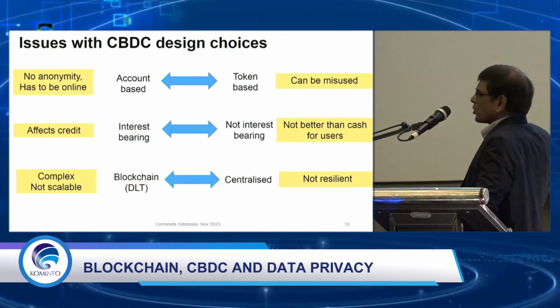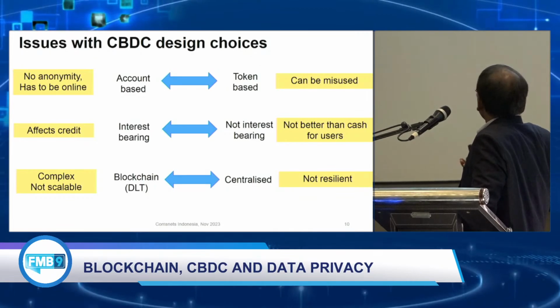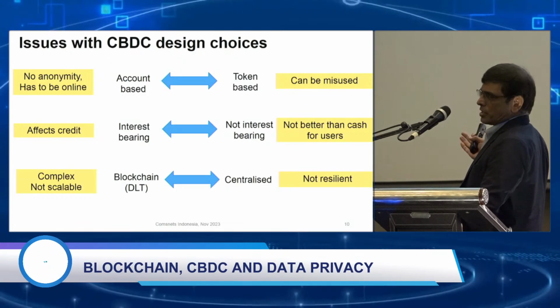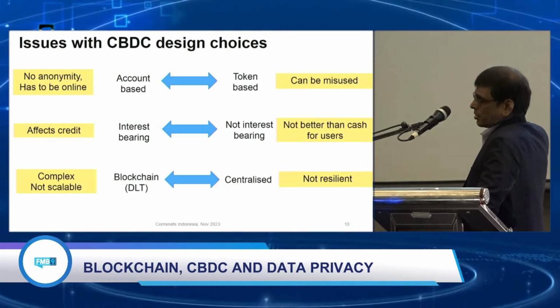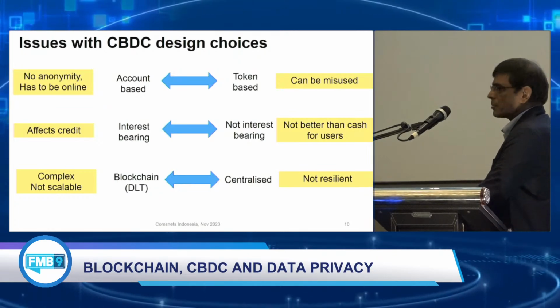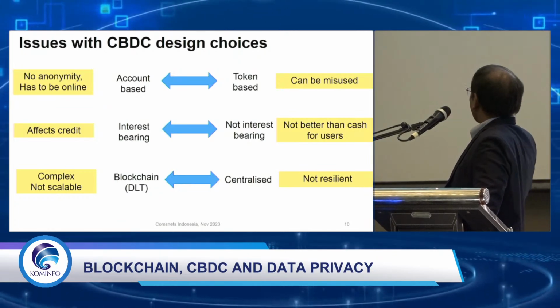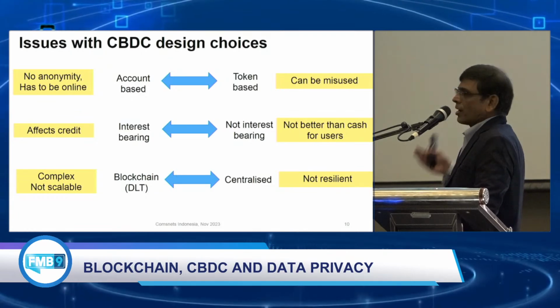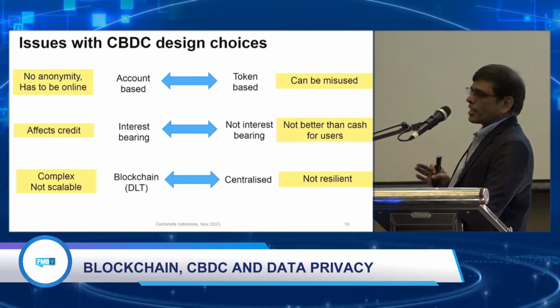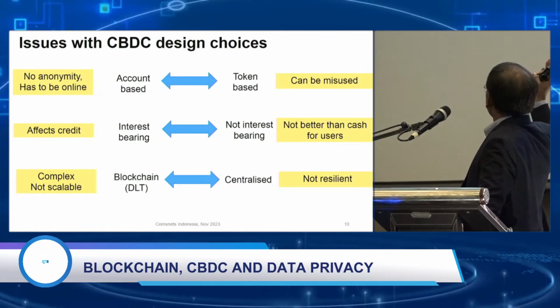The third one, of course, is technology, which I don't want to discuss too much in today's talk. But should you use a centralized system or should you use a token-based system? I mean, should you use a distributed ledger system, which is a blockchain system? If you do centralized, the problem is that there is a single point of failure. On the other hand, if you do a blockchain type of model, it's energy intensive, it's complex, it's not scalable, and so on.